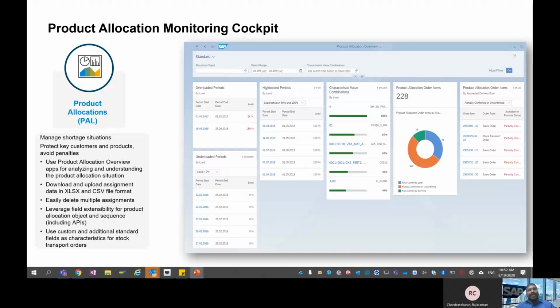Also, users can easily delete multiple assignments, like stock already assigned against an order. From a technical point of view, you can also leverage the extensibility for the product allocation object and sequence using the APIs. You can also use custom and additional standard fields as characteristics for STO, or stock transfer orders.